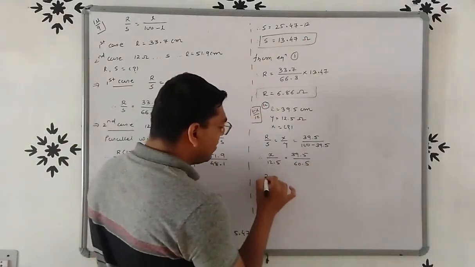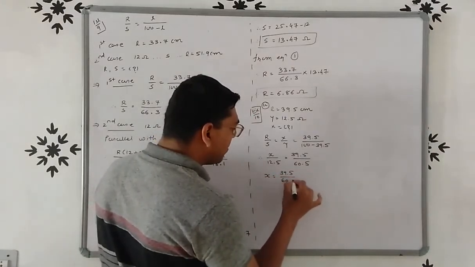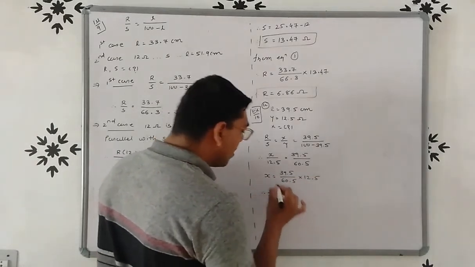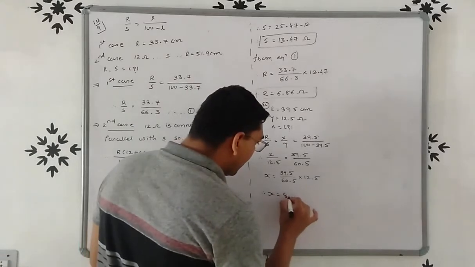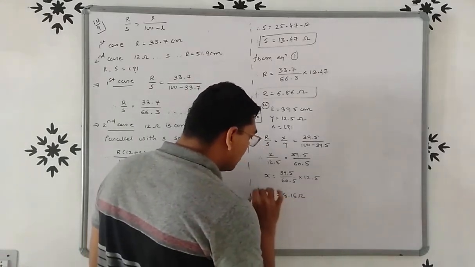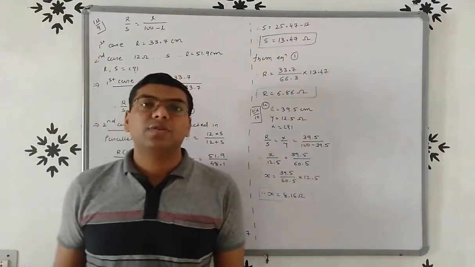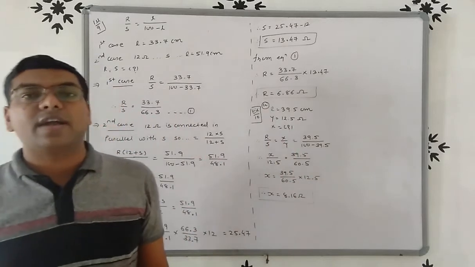Now we have to find out X, so X is equal to 39.5 upon 60.5 into 12.5. Now if you solve this, then you get X is equal to 8.16 ohm, right? So this is a very easy example. We know the value of the null point and the value of resistor Y, and we have to find out the value of